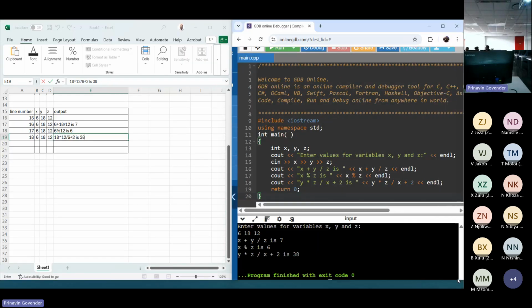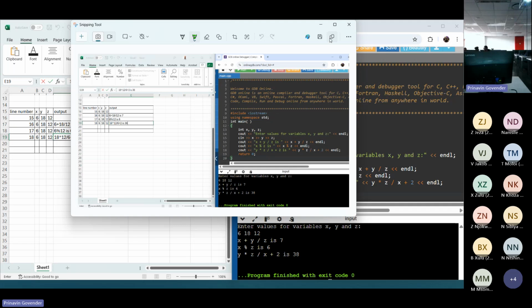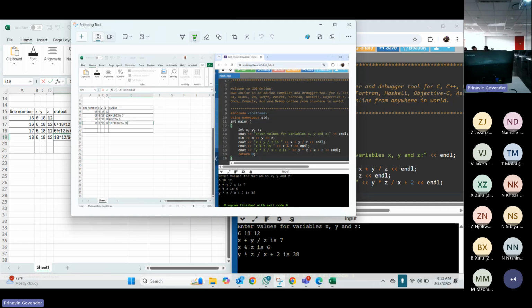I'm going to show you another method with online GDB where I can